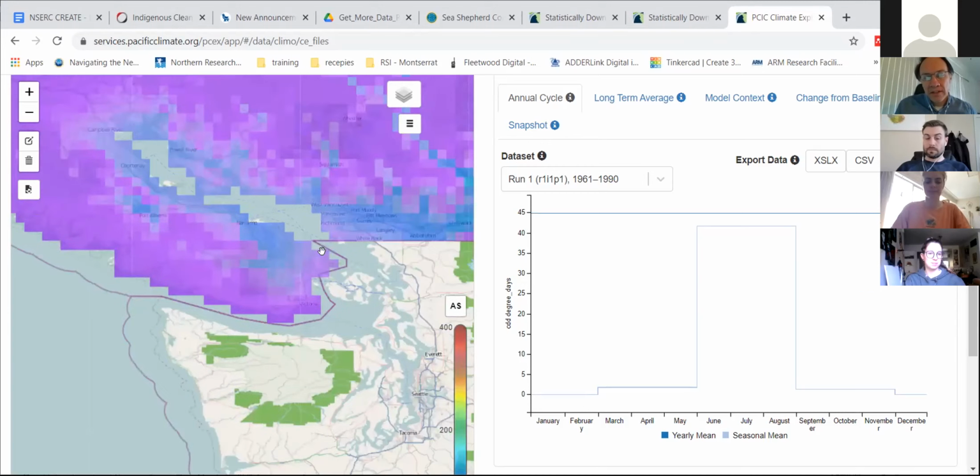And the coastline, it looks nothing like that. The San Juan Islands there, no, they don't exist as far as the model's concerned. And then if we were,